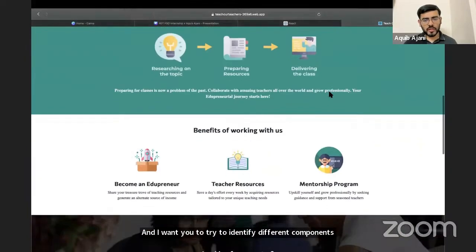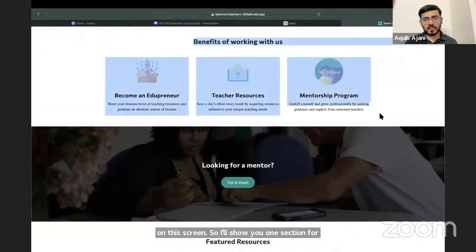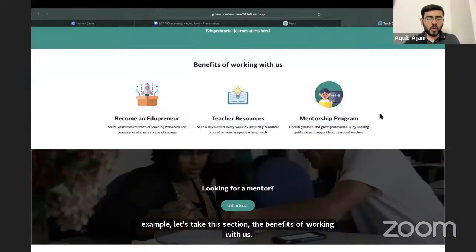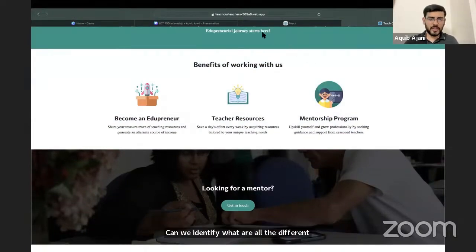So I'll show you one section. For example, let's take this section, the benefits of working with us. Can we identify what are all the different components over here? So again, whoever wants to go, I will just give you access to the mic, and all I want you to do is to just tell me how can you identify the components, or basically in this particular section, which of these could be a component,